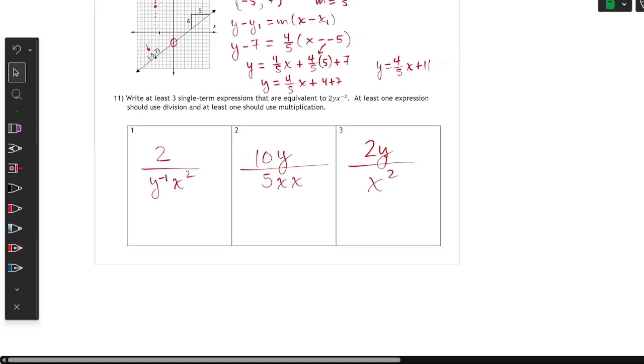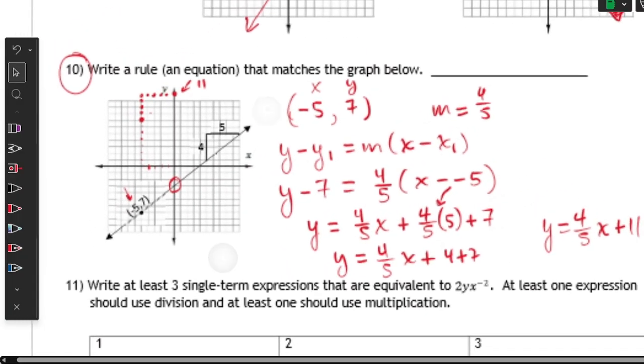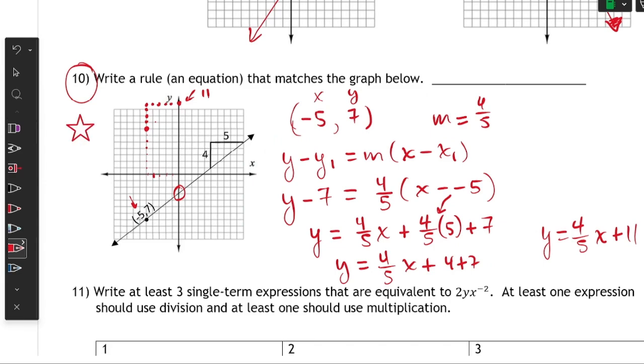All right, so that's it for that study team test. I really like this question. I like that. Maybe you didn't. I think I was pretty lenient with it. But if you gave me the equation that went just based on how it looked, I gave you points. But I think if you gave me this equation when I graded it, I'm like right on, and I gave you extra credit because